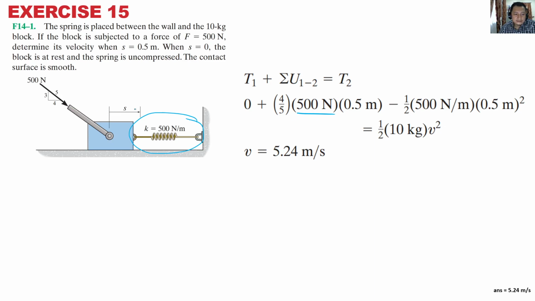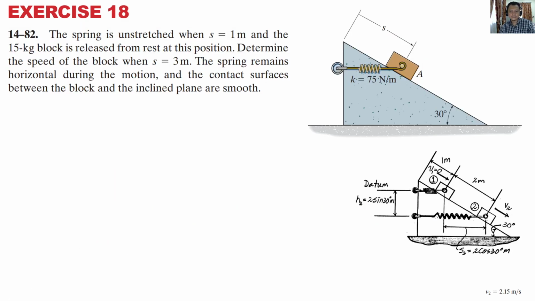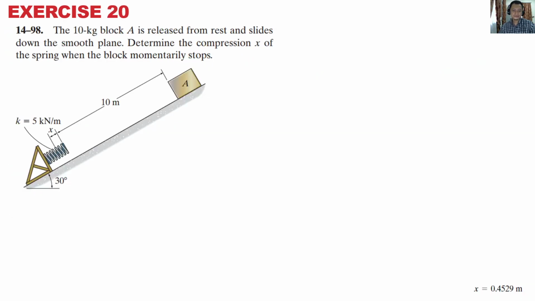Resolve it. This one is slightly another method. Slightly different method. This is looking at work done. This is looking at work done. You can read through lah. They'll do more in tutorials. Alright,